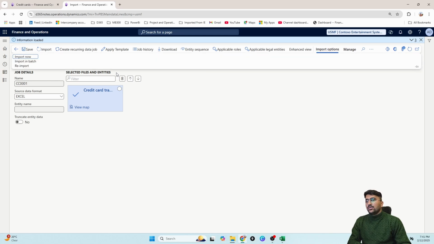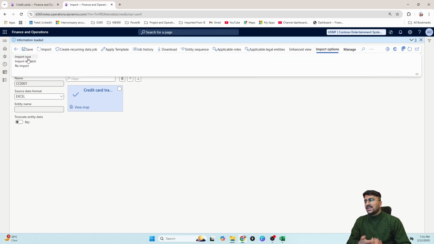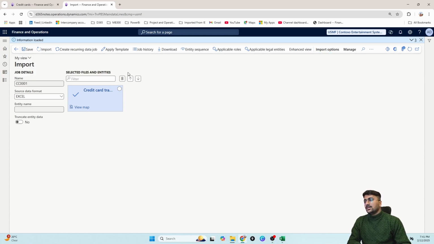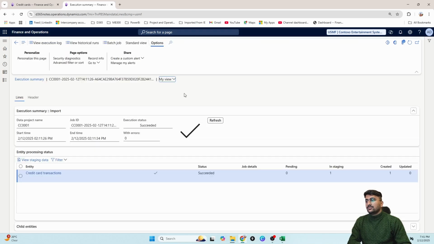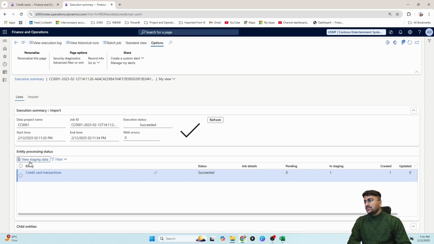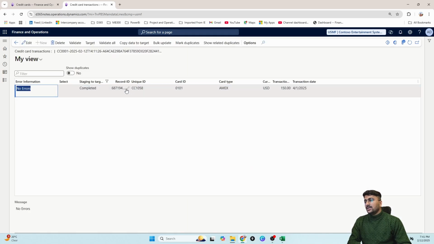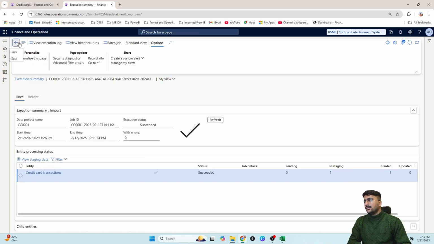and I will import now, because I have only one record. If you have multiple records you can click on import batch, so it will run in a batch. So, import now. Now it has succeeded. If you see view staging, it succeeded, and there is the unique ID, and you can see the 150 transaction amount. So let's go back,